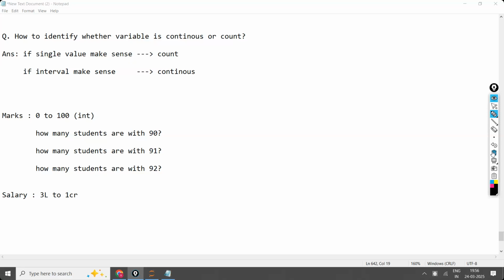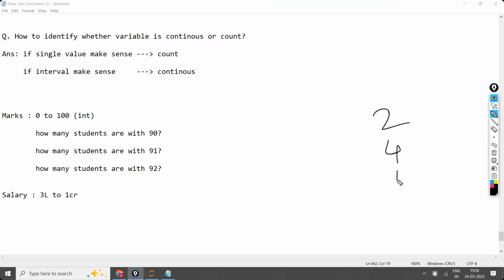What is the average number of people visiting this restaurant? In the tips data set, for example, first transaction 2, second transaction 4, third transaction 1. What is the average number of people visiting this restaurant? 2 plus 4 plus 1 divided by 3, which is 7 by 3, which is 2.33. 2.33 is the average number of people visiting the restaurant. Is that making sense for you?